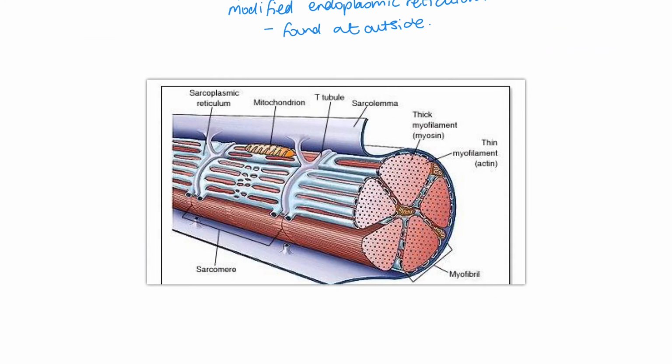Just take a look here at this image for a second because I think this shows it even more clearly. So can you see that the myofibril, the longitudinal sections here, and you've got one sarcomere and then the next and then the next, and then surrounding each sarcomere you've got the organelles of that cell. So you can see you've got the mitochondria, you've got the sarcoplasmic reticulum that we mentioned before, and you've got the sarcolemma, which is the modified plasma membrane,